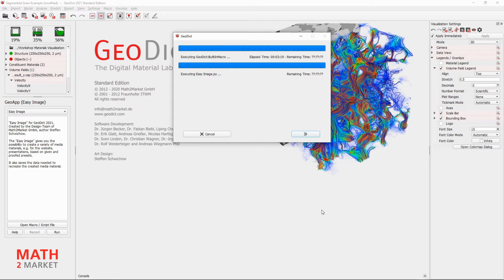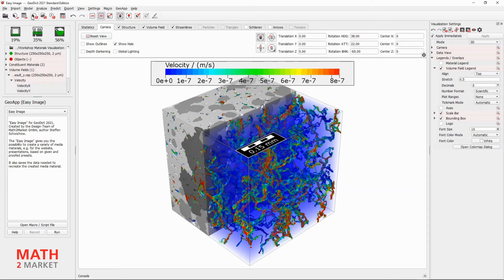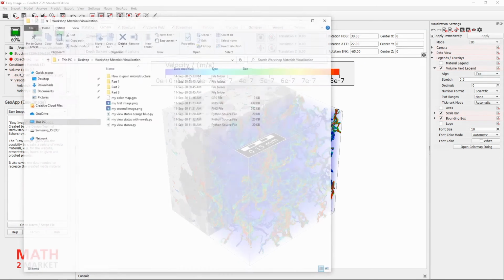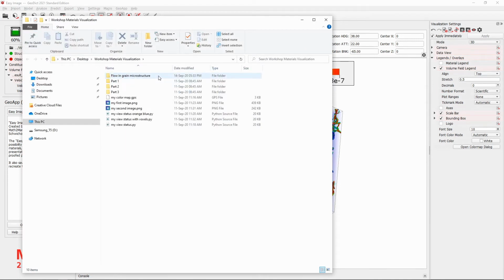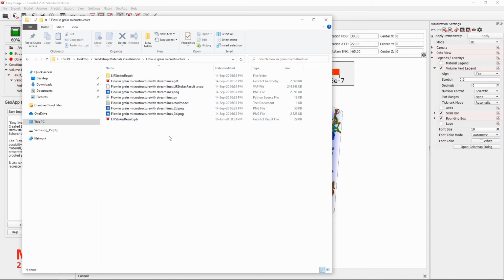Now Easy Image creates the image and we wait a short moment till it has finished the job. We open our project folder again and open the newly created subfolder Flow in Crane Microstructure, where we can find our image and the additional data that has been stored. First we look at our final image here.